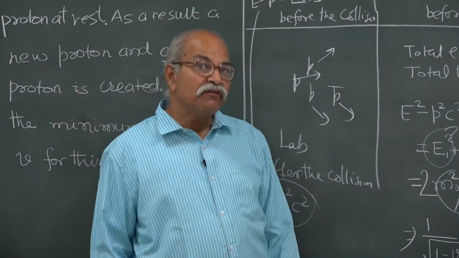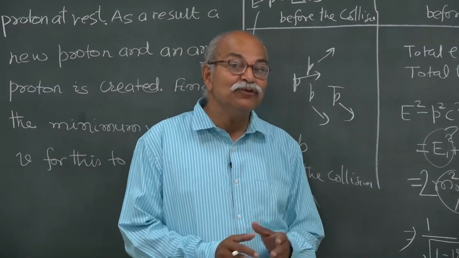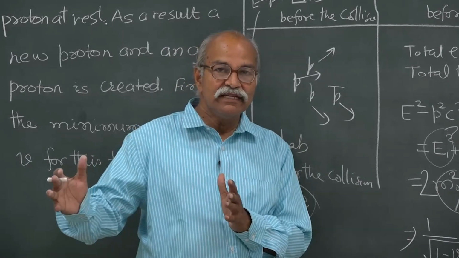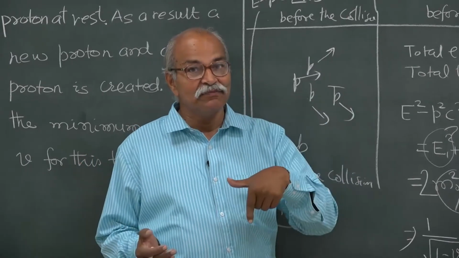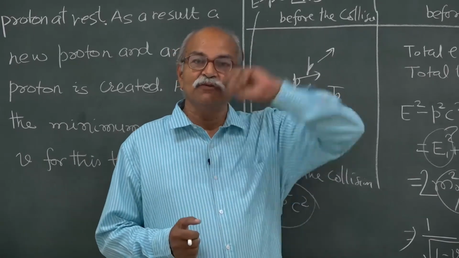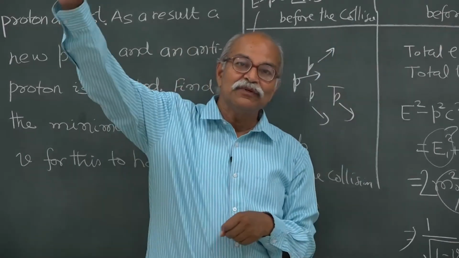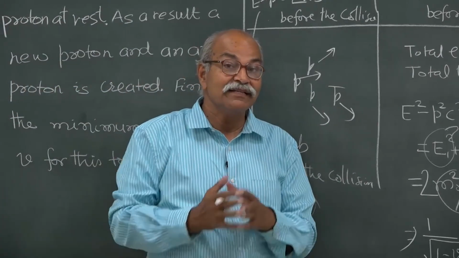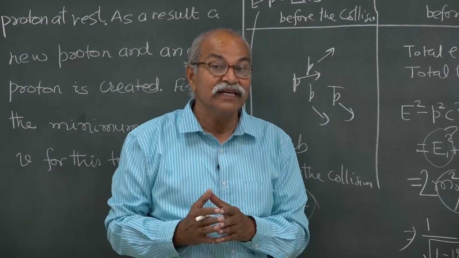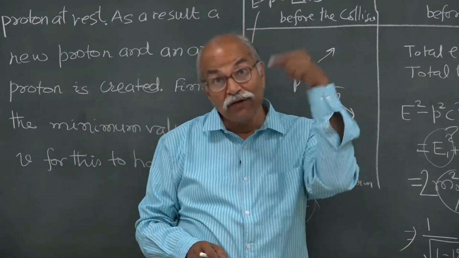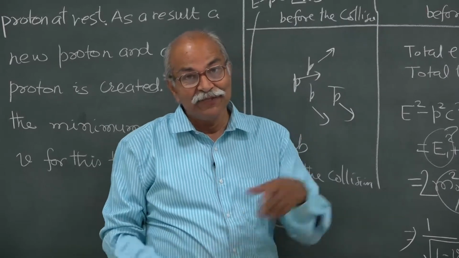So this is a very powerful technique to solve this kind of problem, where Lorentz invariance and conservation, both you can utilize. So before the collision you can work in one frame, after the collision you can work in some other frame, and still you can say that E square minus P square C square is the same, or all Lorentz invariants which are also conserved, you can use this kind of